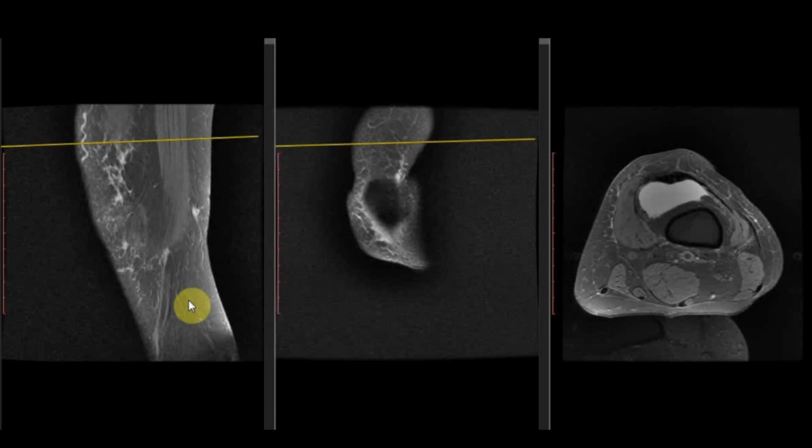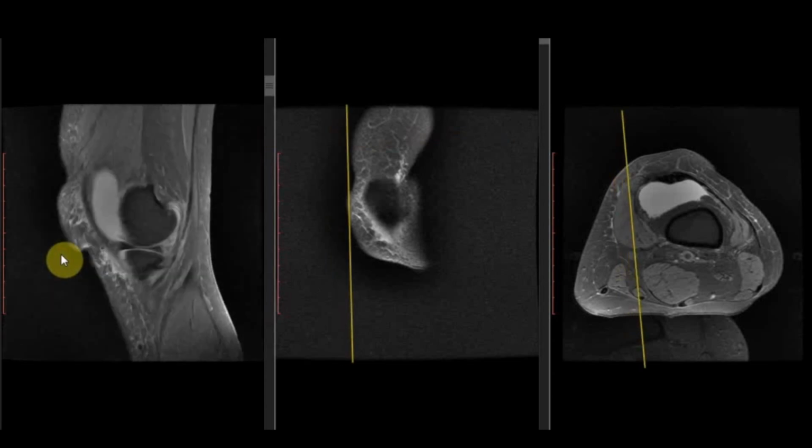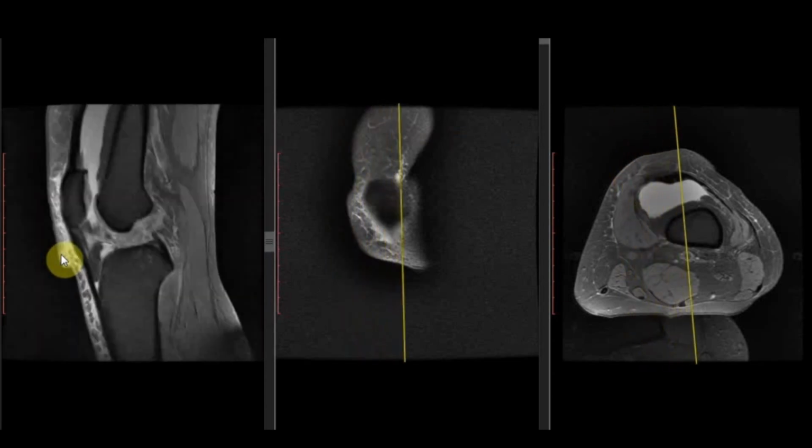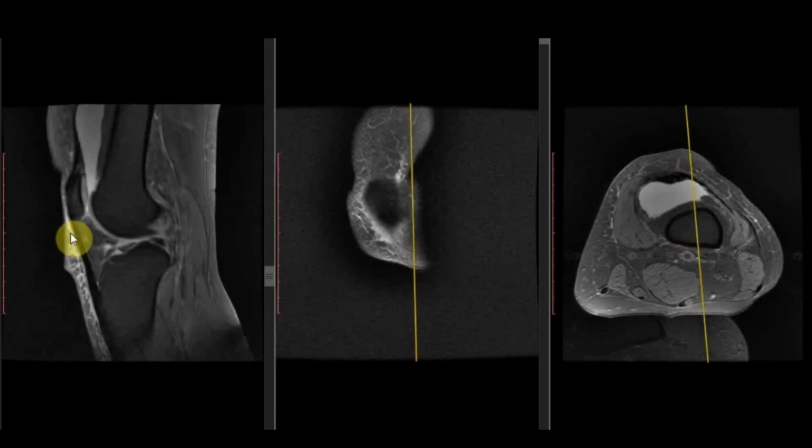In my last video, I described the general imaging features of anterior cruciate ligament and posterior cruciate ligament tears. And now in this video, I will be showing you some cases having characteristic imaging appearance of the ACL and PCL tear. Starting with our first case, this is a 43-year-old female who suffered knee trauma 2 days back. So let's see.